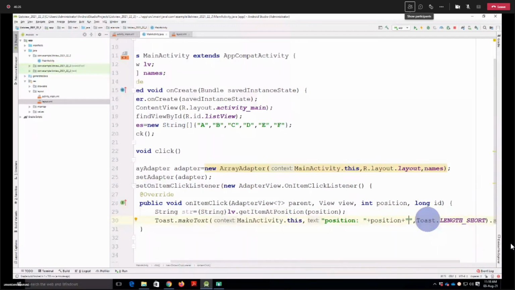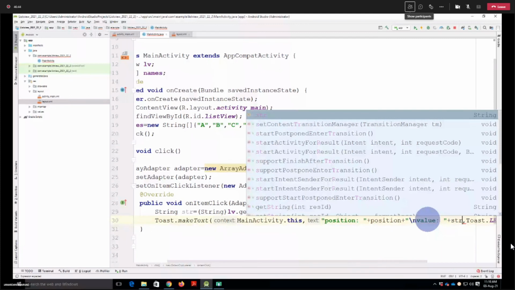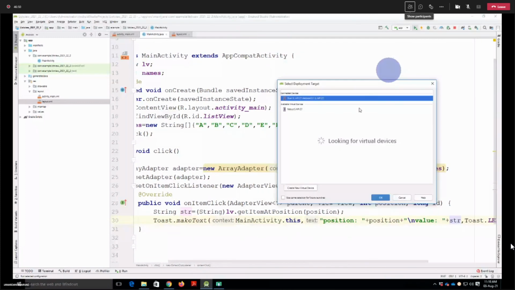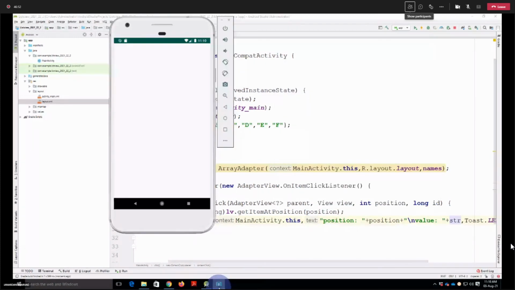Before that I need a \n because I want to print on a new line, then "value: ", and then you can give here the str, which is actually storing the item name, or we can say item text. So you can see here.